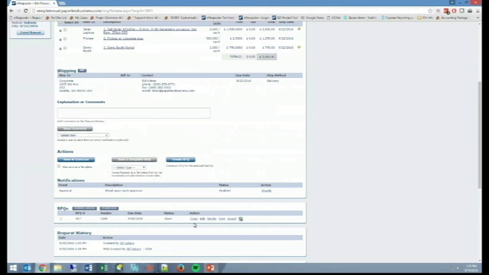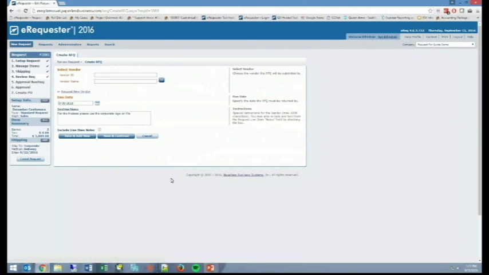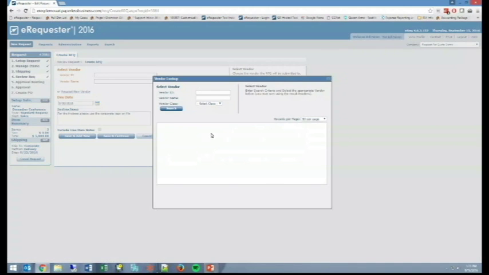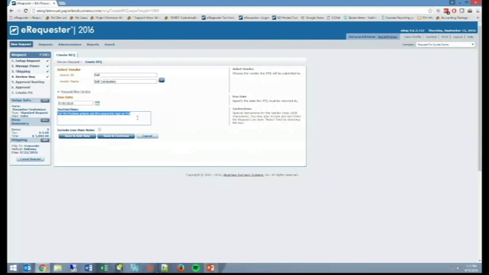But we start to document what did we ask them to quote for us. What's the due date? What's the status of it? Then let's say we have a direct account with Dell. So I want to create an RFQ with Dell, but only for the laptops. They don't sell Frisbees for some reason. So I'm going to go to Dell and go ahead, and then I'm going to say,